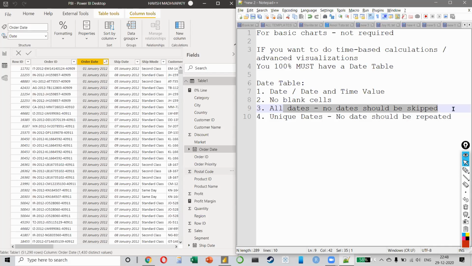So for any data, people say, I have complete confidence that every date is there. How can you tell me with confidence that every date was there? It's not possible for you to be 100% confident. Also, what about this one? In a data set, will the date be repeated or will it be unique dates?